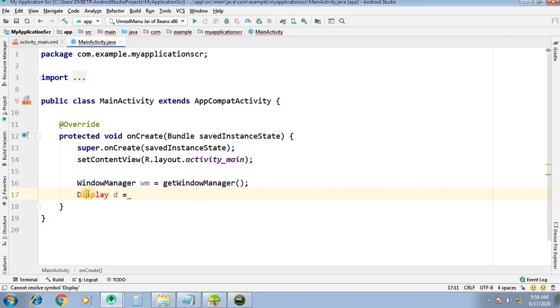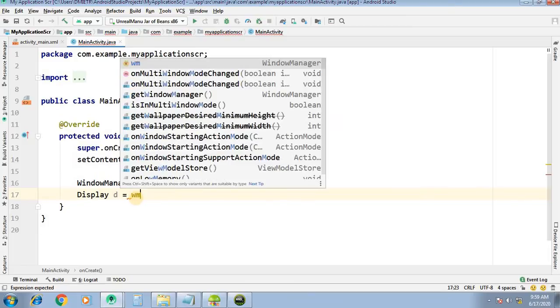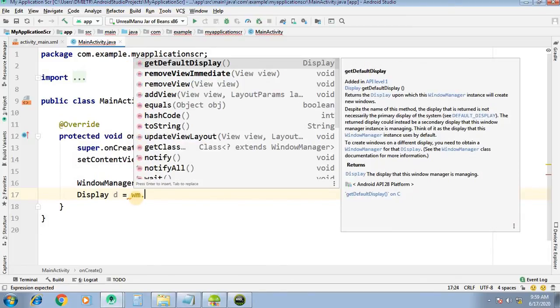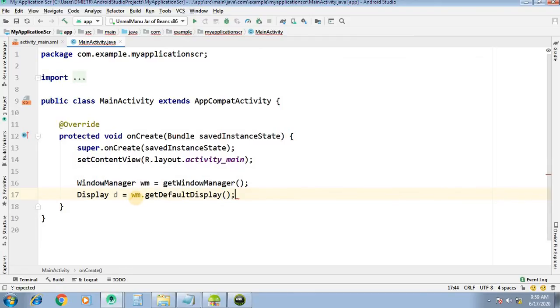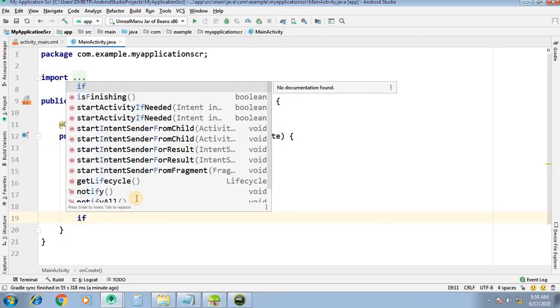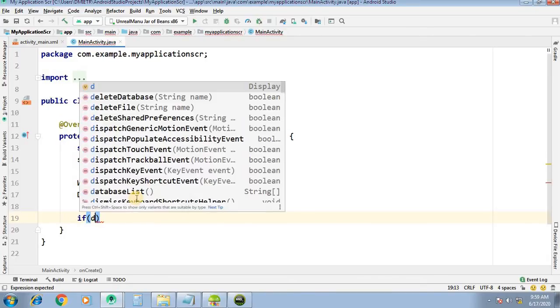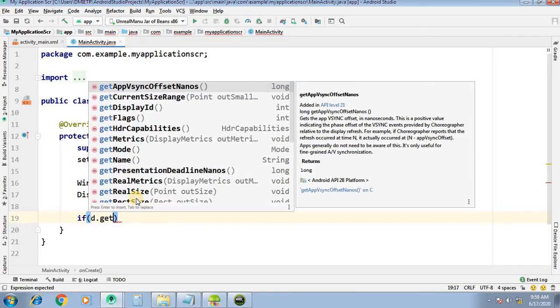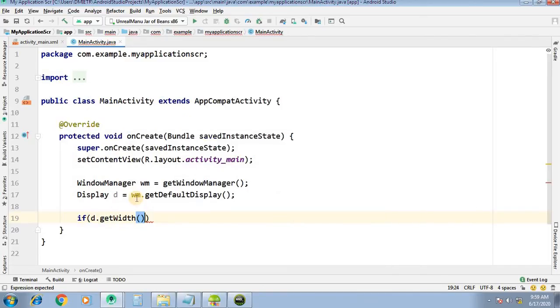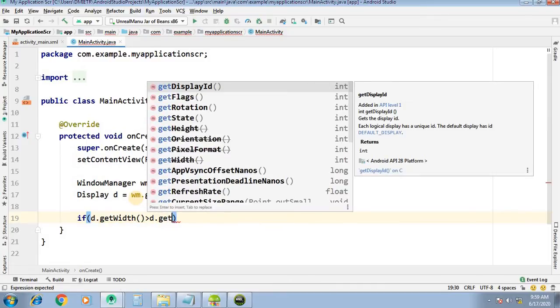Alt enter to import the class, window manager object wm dot getDefaultDisplay. Now here we will simply check if d, means display, getWidth is greater than d dot getHeight.